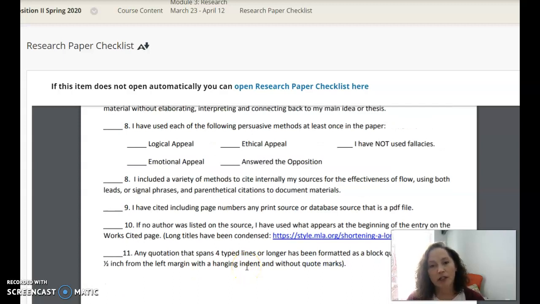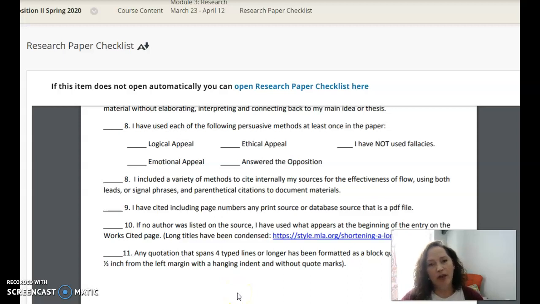The research papers take me a little bit longer to grade because I do not only read your paper, but I also read some of your sources as well. So do be patient during that process. I want to give you the very best feedback that I can in helping you to grow in your research process. I don't want anybody to move on to a university course and have to do a research paper and do a bunch of things wrong and that be problematic, okay? I want you to know what you're doing and know how to do things correctly. But use all of these sources that have been provided for you to help you to avoid missing points.